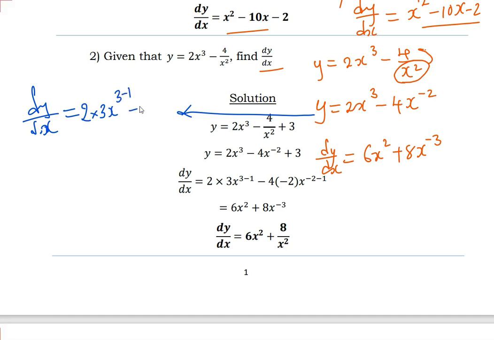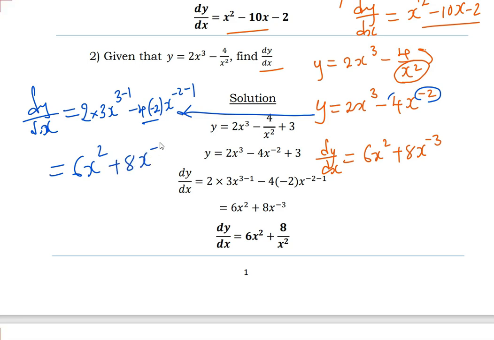And then here it will be negative 4 times negative 2x power negative 2 minus 1. You see, this times this is what we have right here, which is equal to 6x power 2 plus